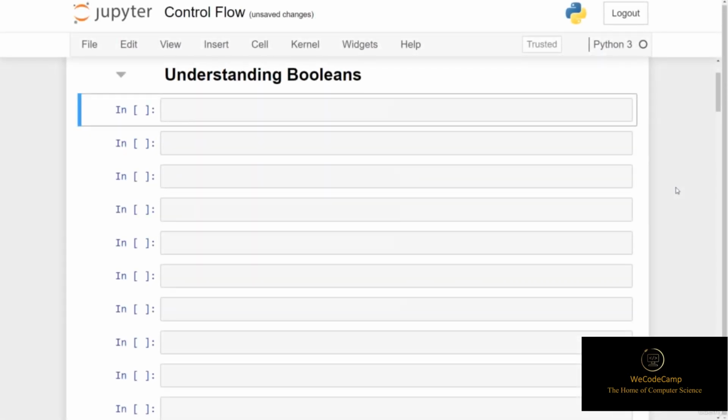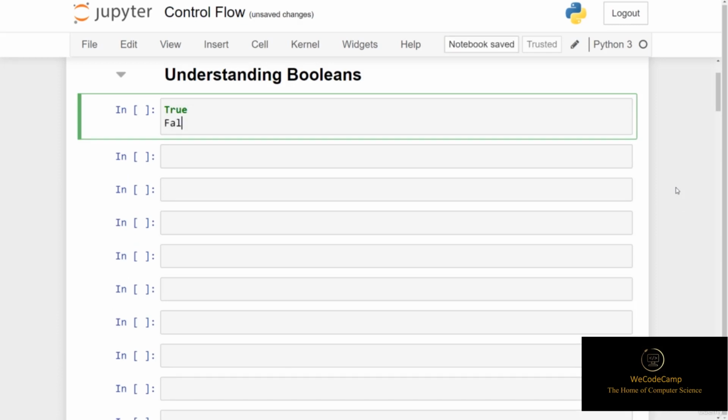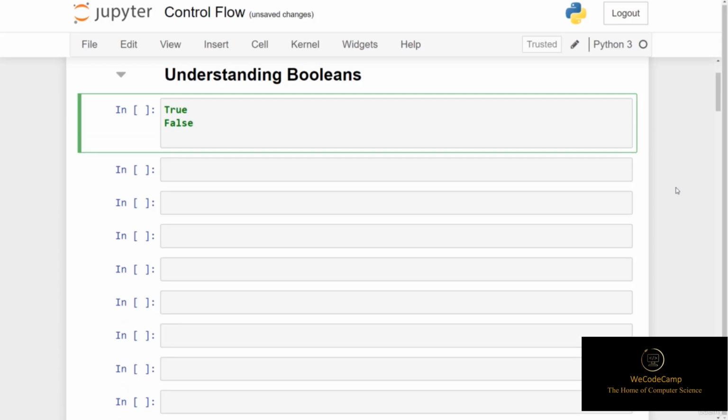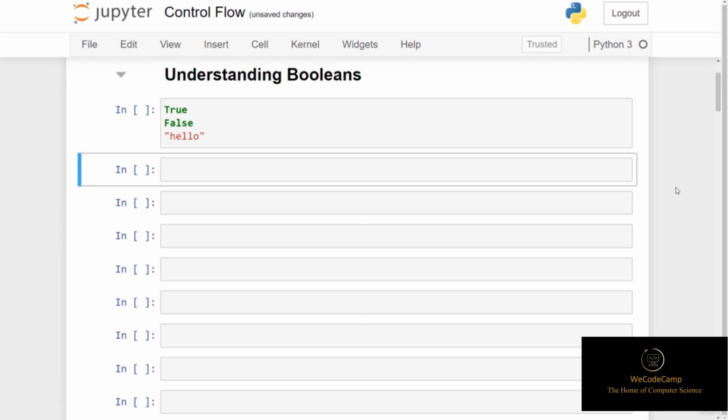Now before we go any further, let's talk a bit about True and False. You may notice that when you type them in a code editor, for example here we're using Jupyter Notebook, when you put True and False with an upper T and F, they appear in a different colour than variables or strings, for example. This is because True and False are their own special type, and this data type is known as bool. So if we pass True into the built-in type function, we can see that we return